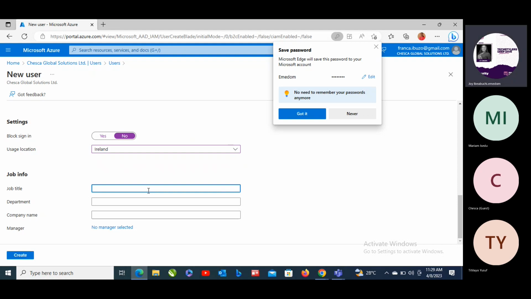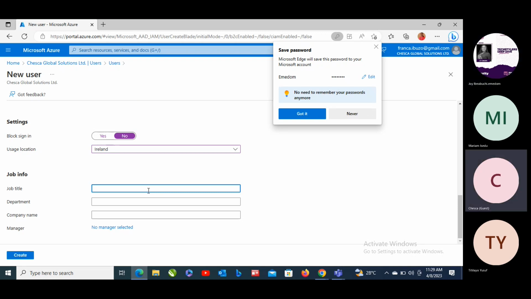So the reason why we're going through this is that the user creation page is not just to waste your time. These are the things that help us when we want to start doing authorization. It is these fields that we can utilize to now do authorization. Okay, so what should I put your job title? Just put HR. You can put HR manager,